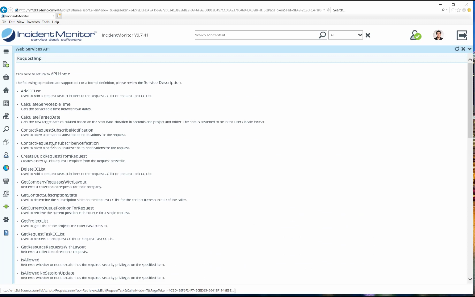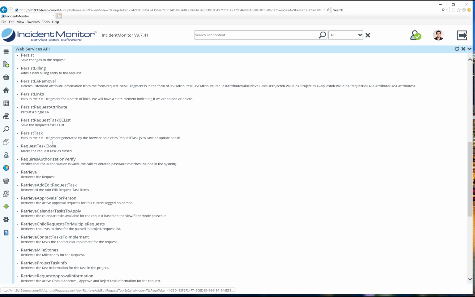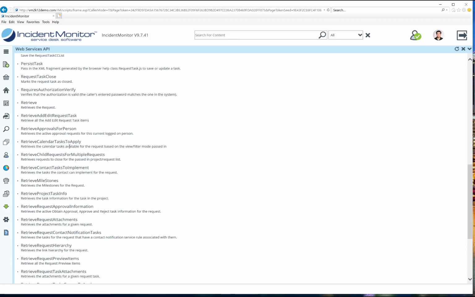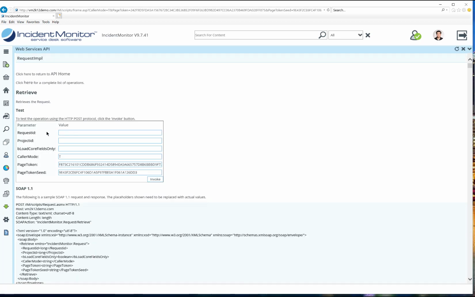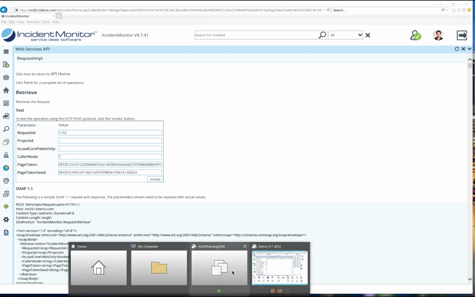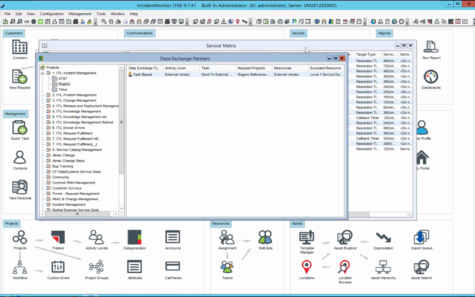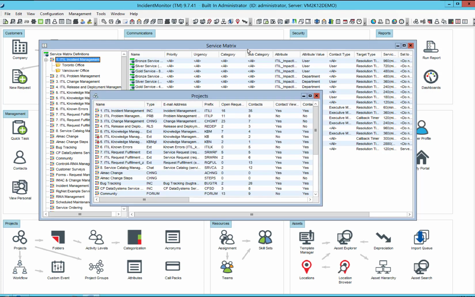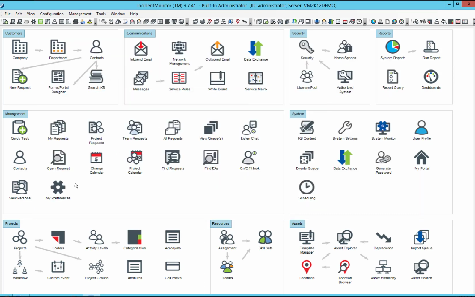Let's go to a retrieve, and in here we need a request object. So I'll just do 1155, and then the project ID. That's what we call our surrogate key. Within IncidentMonitor, everything always has an underlying ID field, so we can extract that ID field pretty quickly. If I come back over here to the Windows application and go to project requests, I know that ITIL